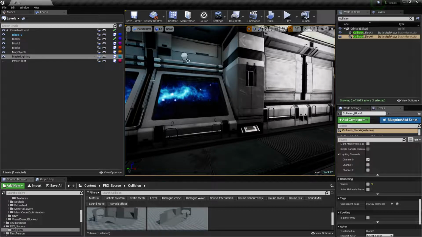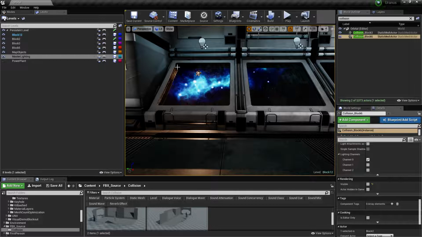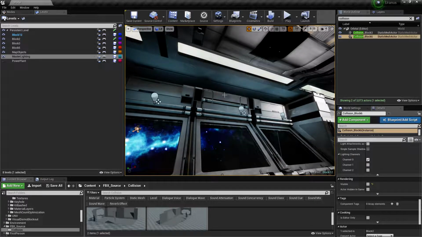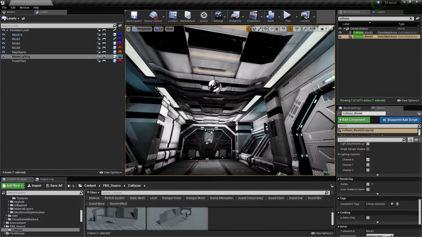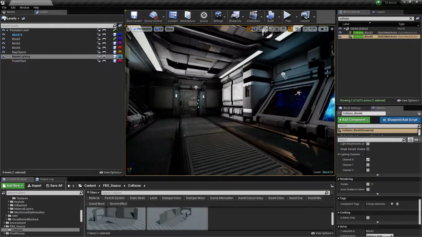So you would have, for example, this window here would have collision, this window here would have collision, this window here would have collision, the glass would have collision. I'm talking about the frame, of course. This pillar here would have collision, and this up here would have collision, and the roof and the ceiling would have collision. And a little bit worse than that, it would be double-sided, because it has to kind of cover the